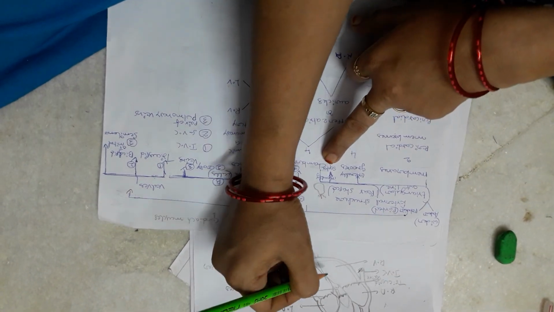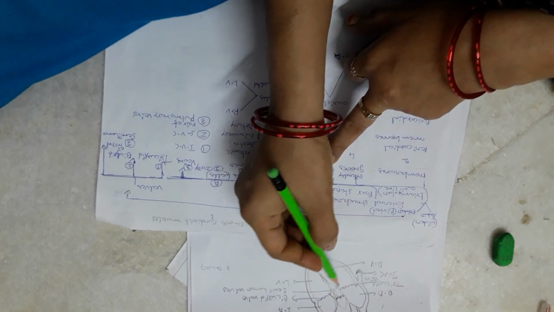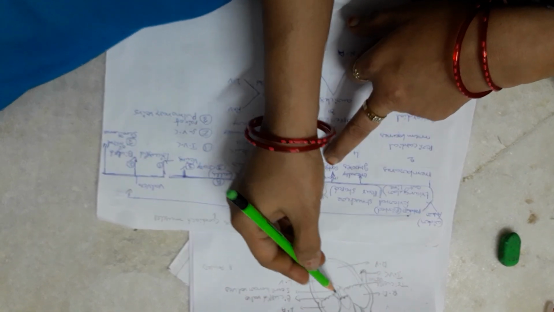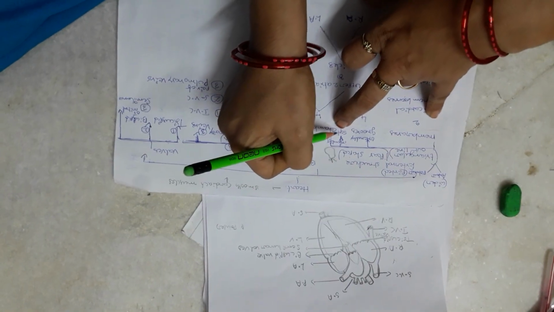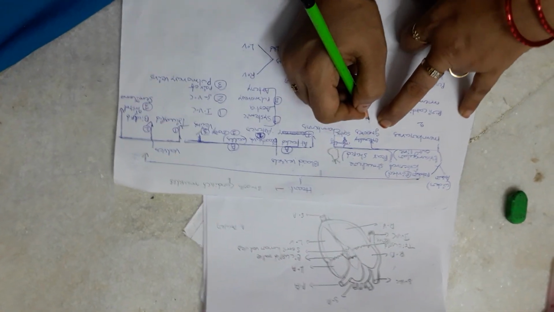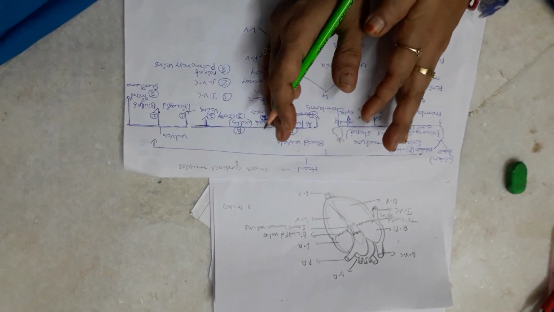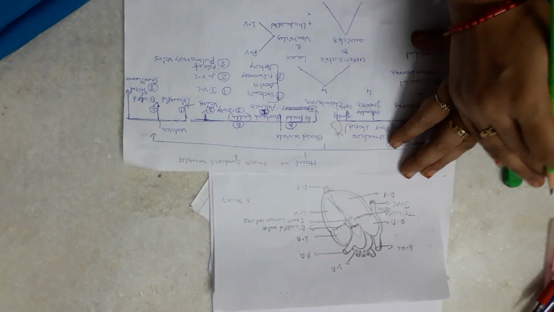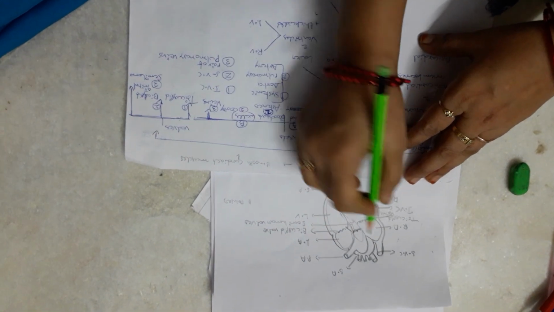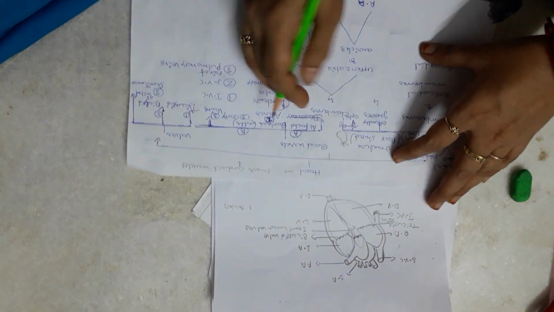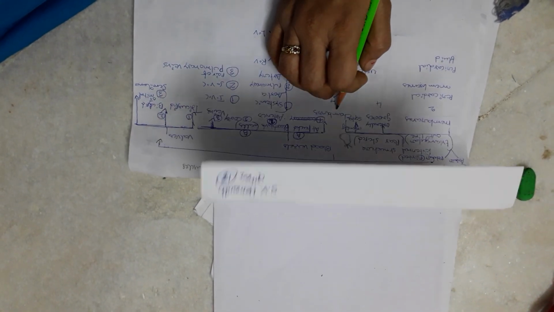And internally also it is divided into 4 by muscular partitions. Muscular partitions means muscular tissue. Internally it is divided by muscular structures known as septa, and outside you can see them as grooves. So externally and internally the heart is divided into 4 chambers. Externally by grooves, and internally by septa: interauricular septum, interventricular septum. So this is how the heart is divided into 4 chambers.